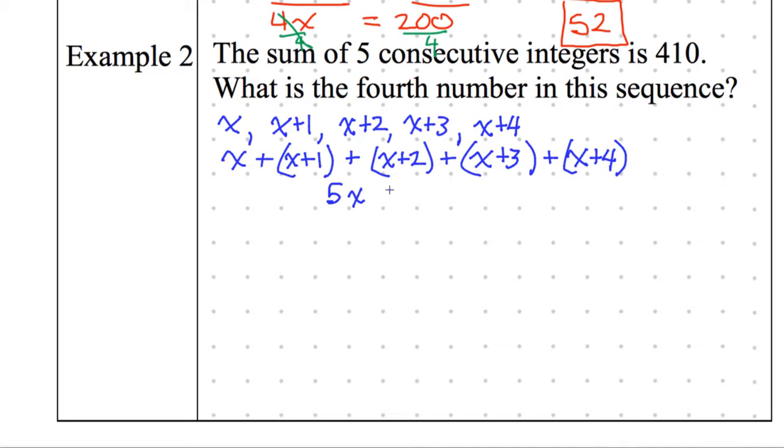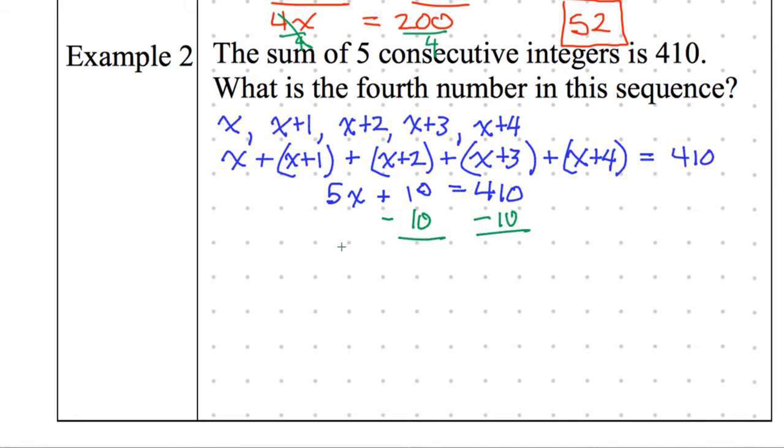No, it's equals. Oh, you wanted an equal sign up here. What should it be equal to? 410. Okay. Yeah, and then keep simplifying that left-hand side. Plus 10 equals 410. It's 410. Okay, I agree so far. Do you keep on going? Yeah, keep on going. Okay, minus 10 on both sides.